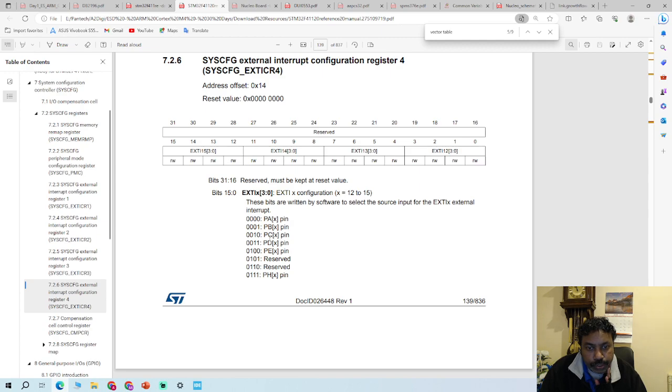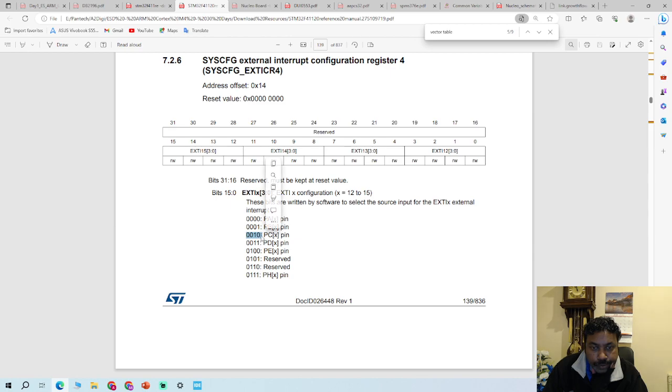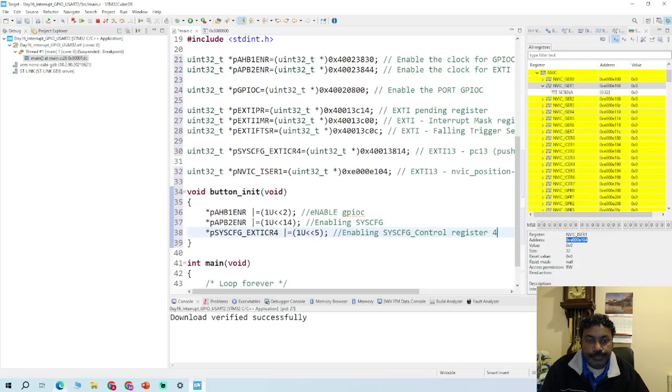So for port C, it is connected to PC13. So X represents which pin, so 13th pin. So you need to set that as 0, 0, 1, 0. So you need to enable the bit 5 as 1. So that's what I said here, 5. So enable that 5. So we are enabling the register. Okay. So now you need to tell